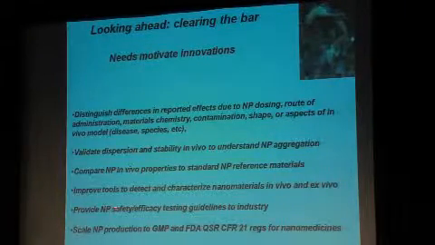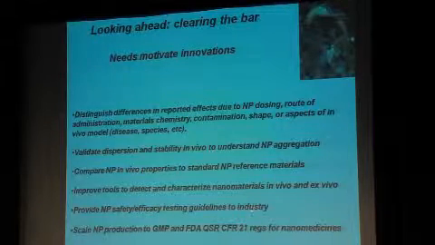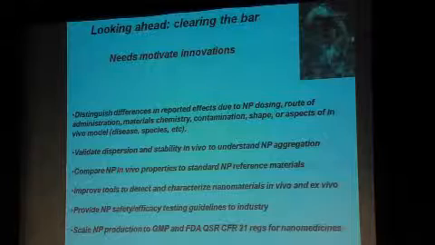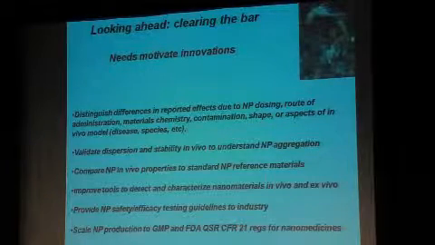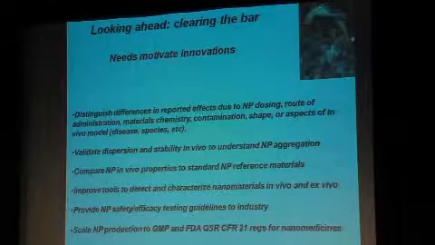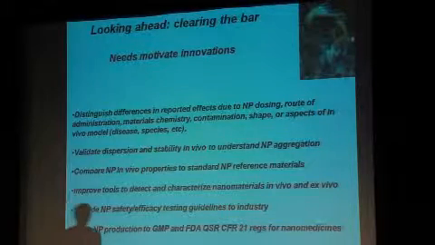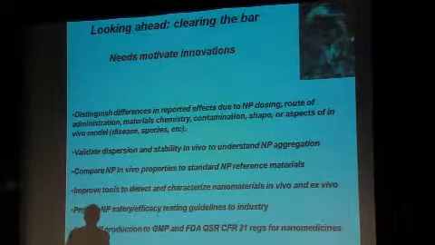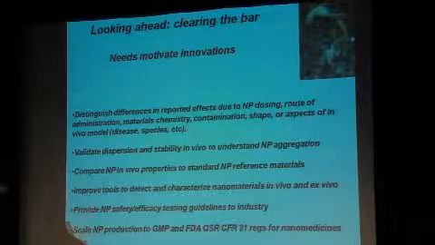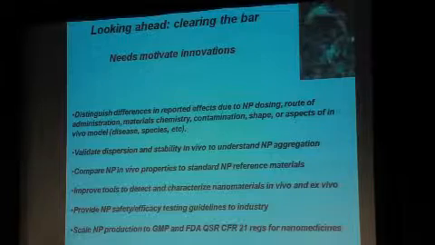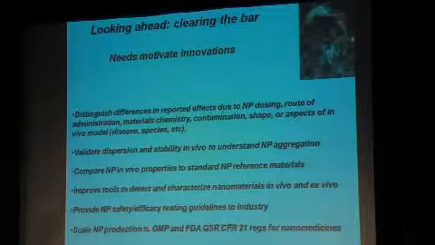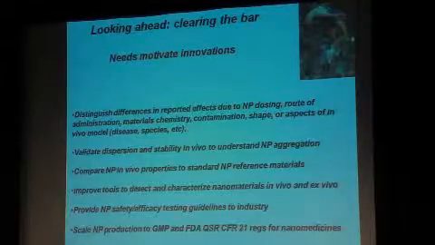We need to provide safety and efficacy testing guidelines to industry, because right now there is a huge confusion at the FDA about how these should be regulated. And we need to also show, and this is a classic problem for academics, that we can take all of these weird exotic chemistries that we make and we can scale them to GMP standards so that they actually become useful products. Because we'll never make a difference in human therapeutics unless we can take all that exotic chemistry and scale it under GMP facilities and under FDA QSR requirements.